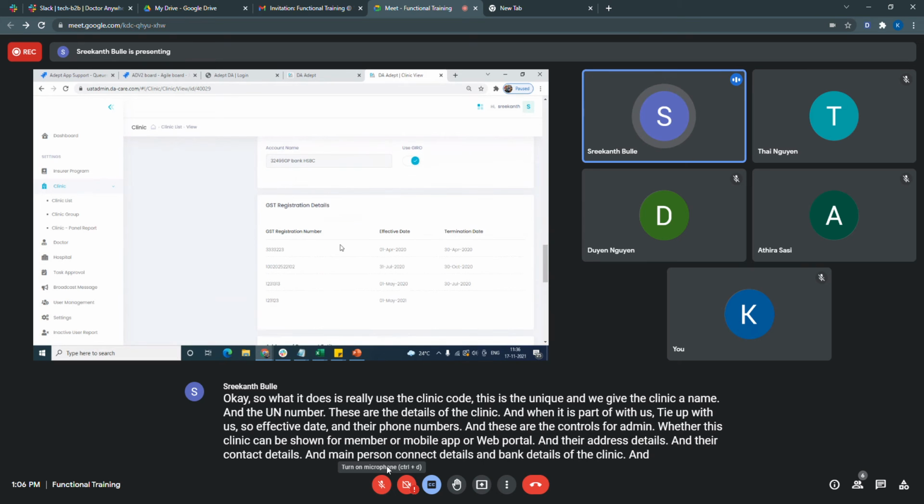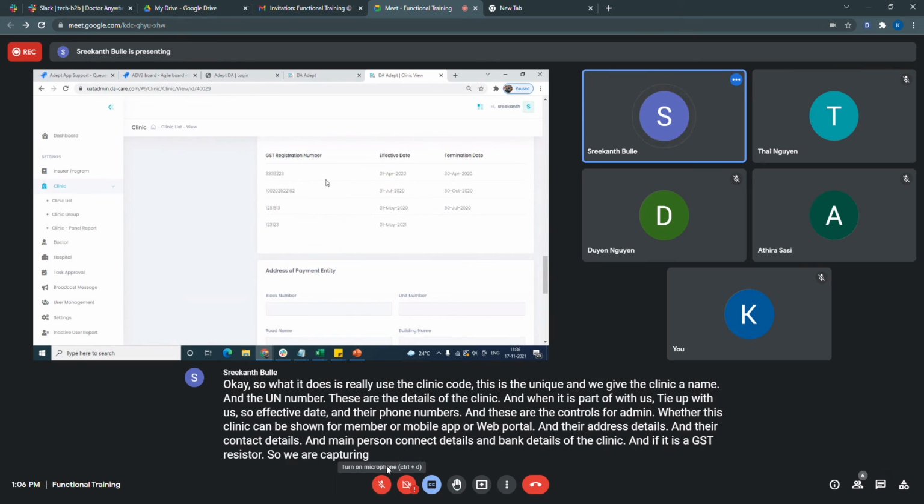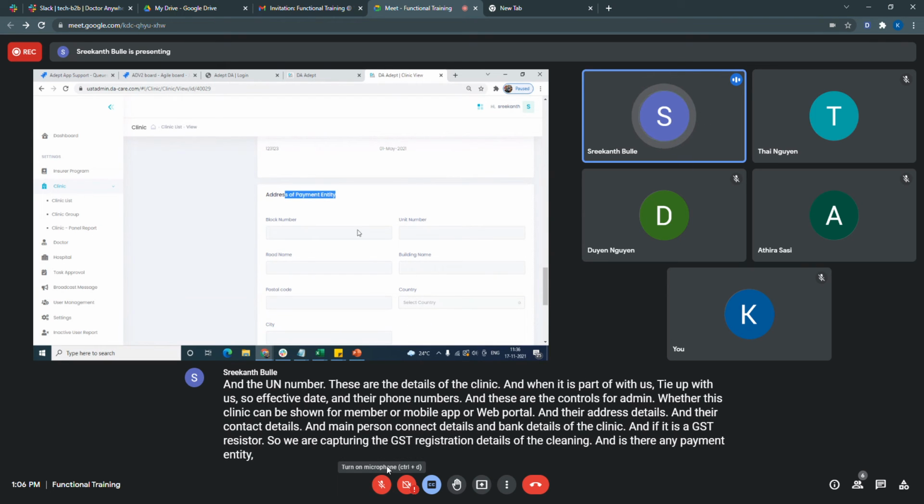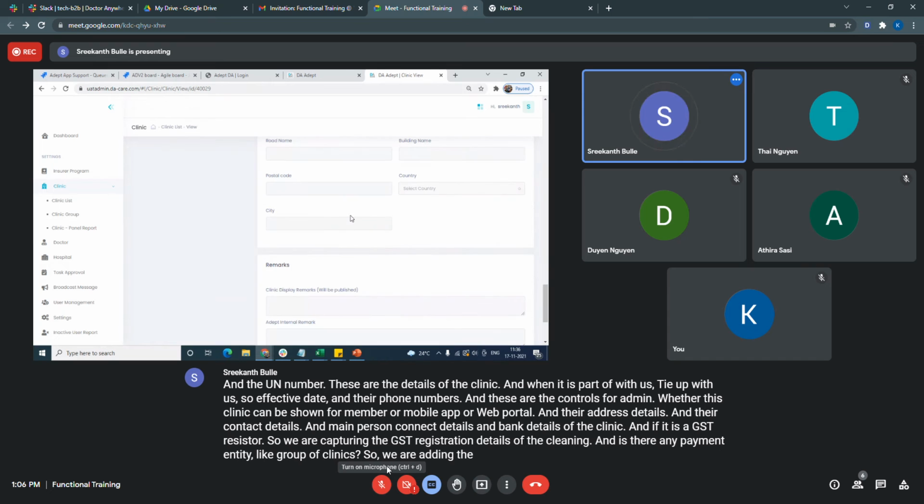And if it is GST registered, we are capturing the GST registration details of the clinic. And is there any payment entity, like a group of clinics, we are adding the entity details.